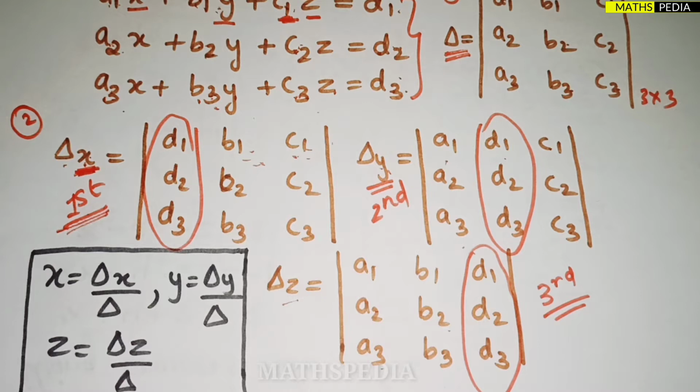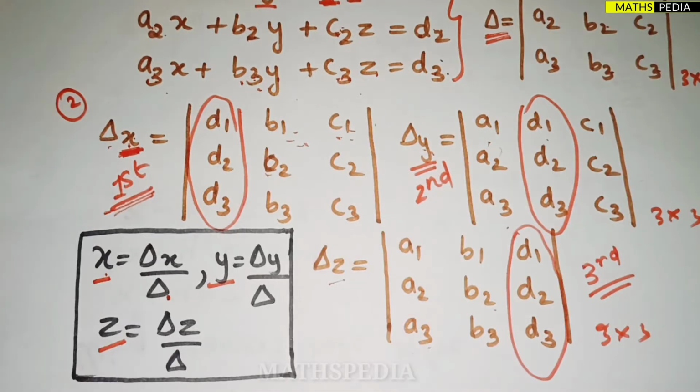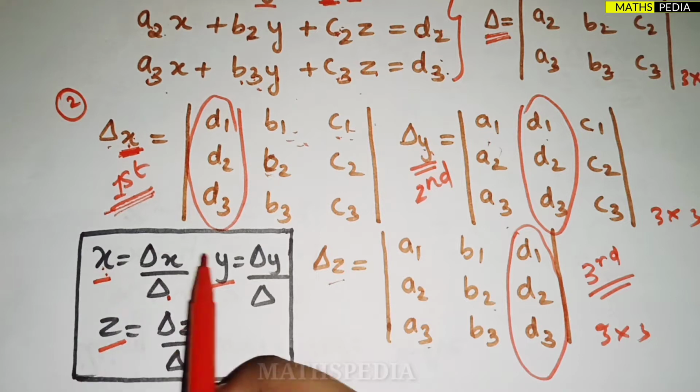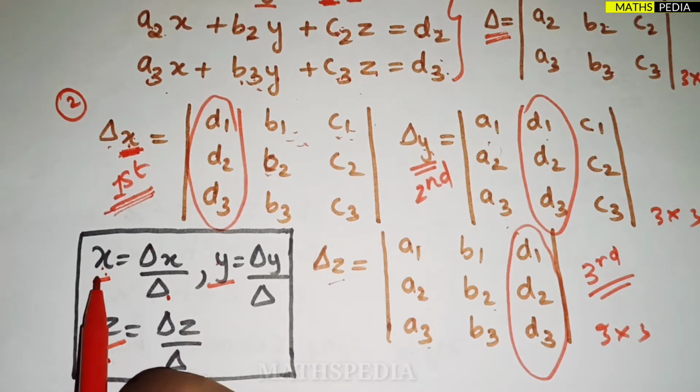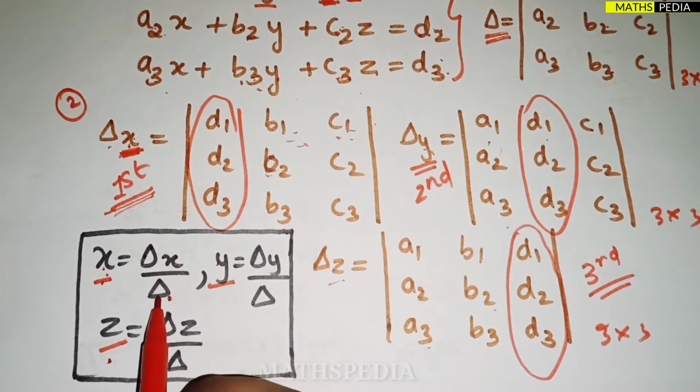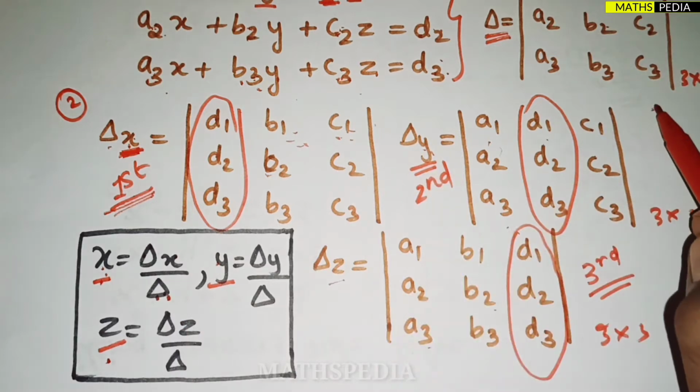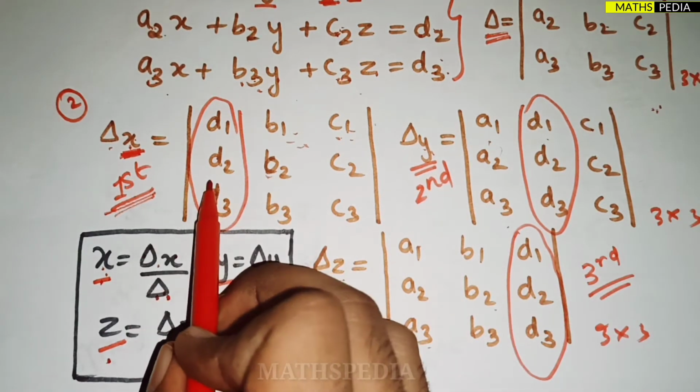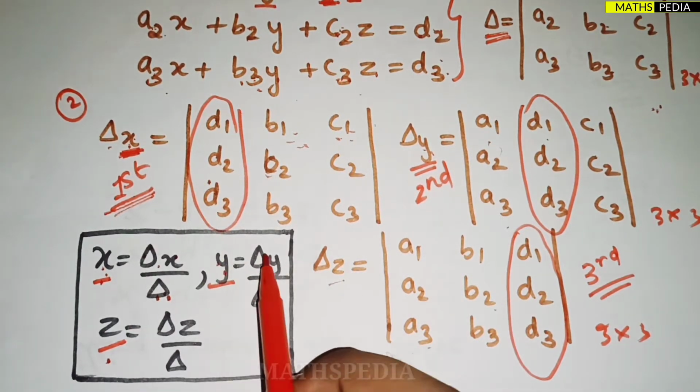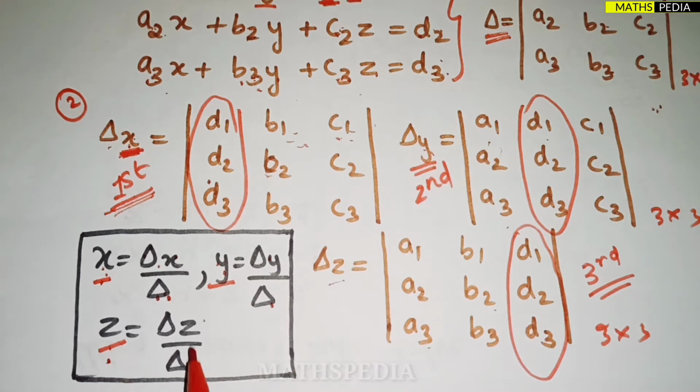So this is the second step you can consider. Write all these terms. This is nothing but a determinant. All of them will be 3 cross 3. Three variables. So our intention is to find the x, y and z values. The x value will be delta x by delta. Delta is what we found at the start. Delta x is this determinant. So y equals delta y by delta, and z equals delta z by delta.